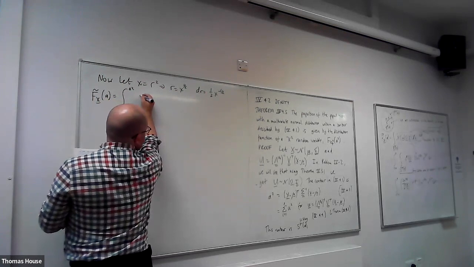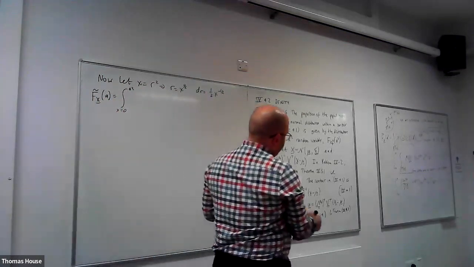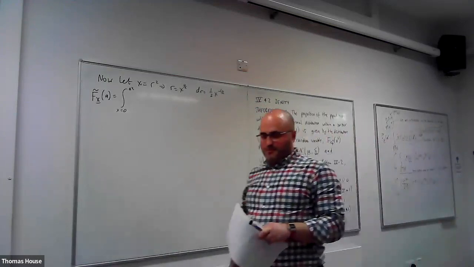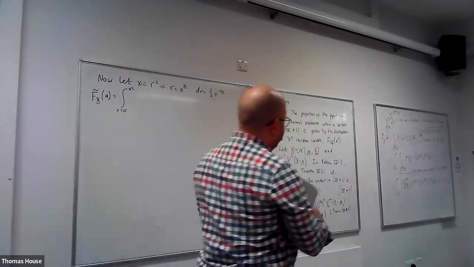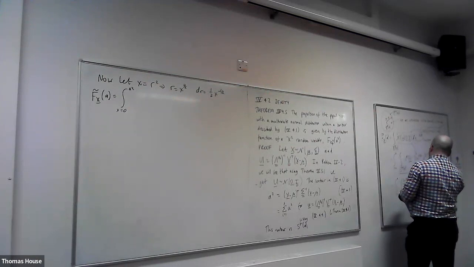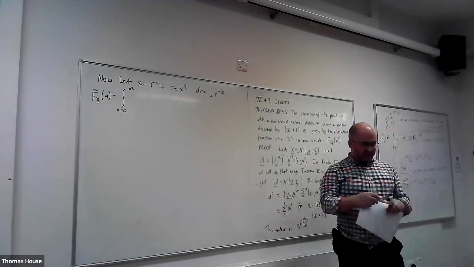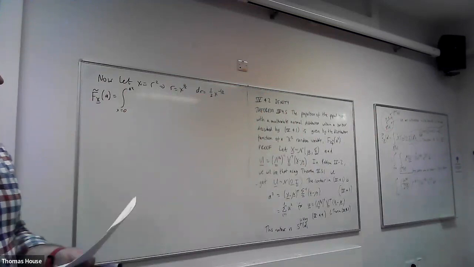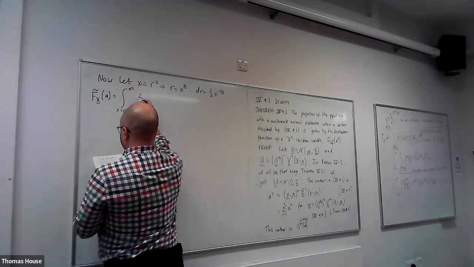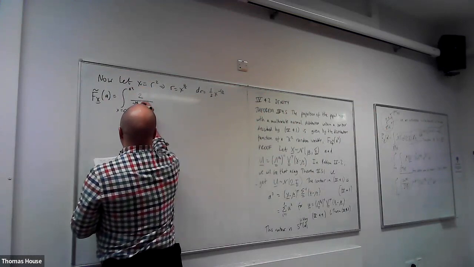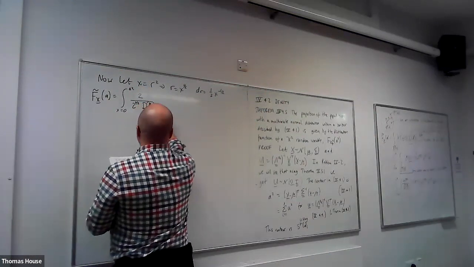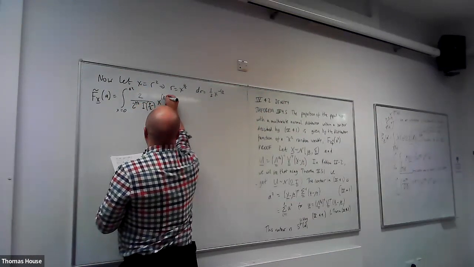If you notice, these are going to cancel, so we're going to cancel those straight away. And so that leaves us with a 2 on top, over 2 to the p over 2 and the gamma of p over 2, then x to the p minus 1 over 2